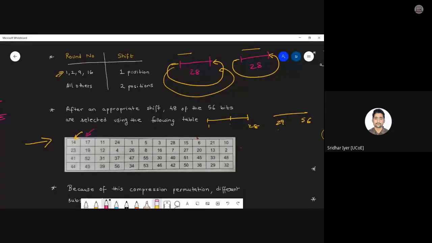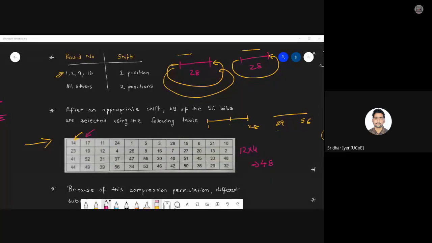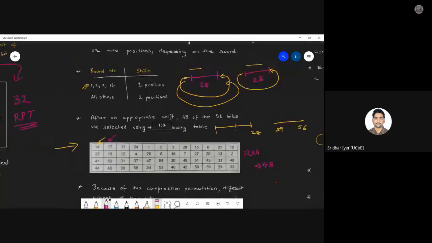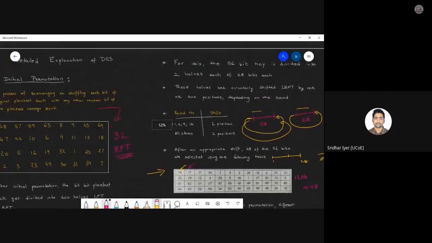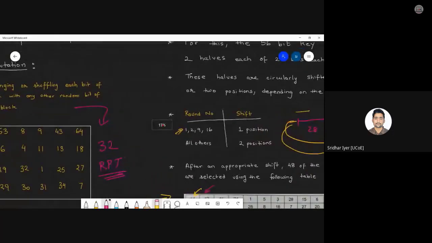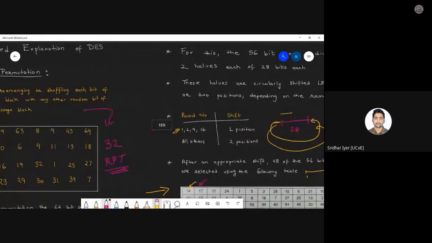So now what we are doing is, once we are shifting it to the left by these many positions, we are making it more jumbled up. So we are making use of the same 56-bit key, but in each of the rounds, different subkeys are generated. Yes or no? So we are increasing the complexity of attacking this cipher. Am I correct? Am I clear? Kindly let me know about that.